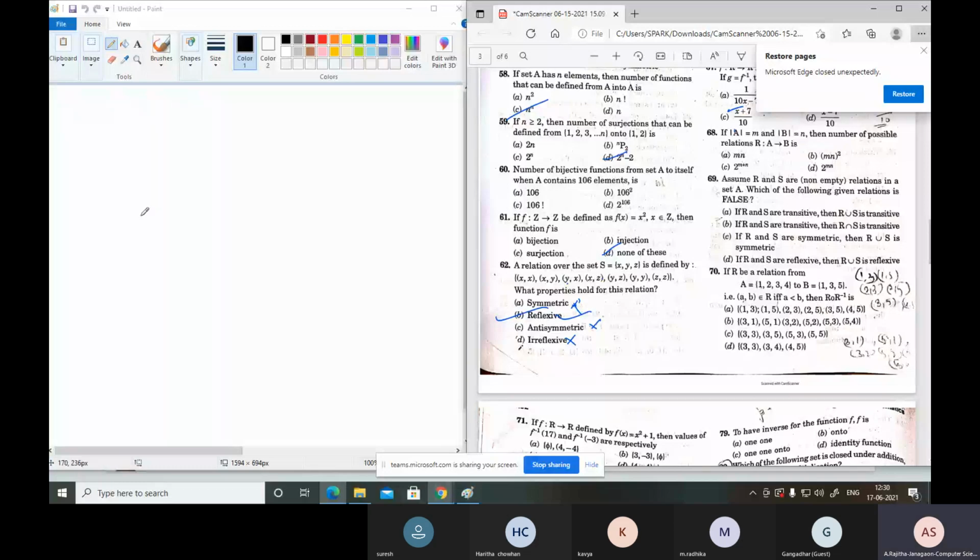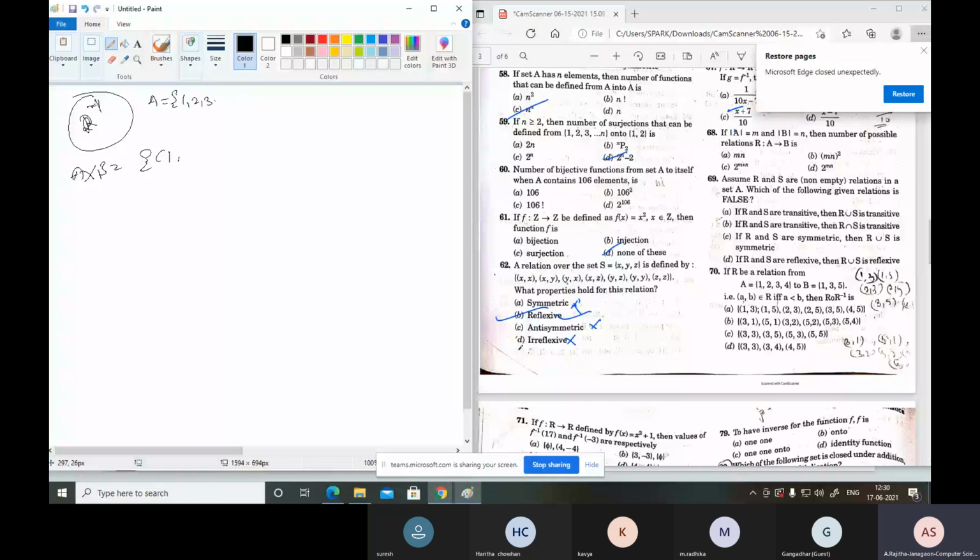Okay. So for this R inverse, first of all, you can find out this A cross B. Here A cross B is what? Here A equal to 1, 2, 3, 4 and B equal to 1, 3, 5. Okay, now 1 to 1 and 1 to 3, next 1 to 5. How many Cartesian pairs are possible here? m into n. That means if cardinality of A equal to m and cardinality of B equal to n, that is m into n pairs.